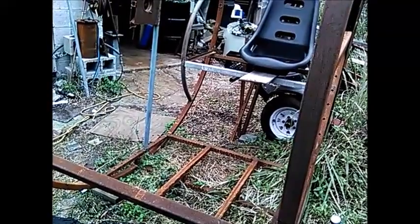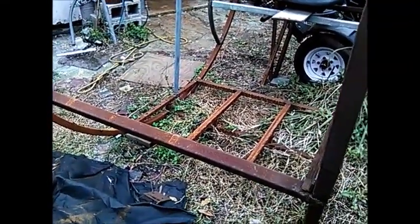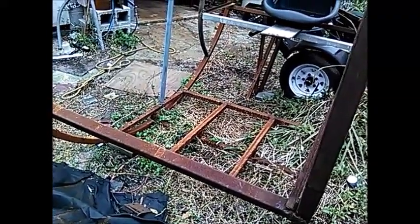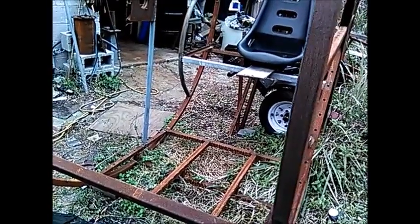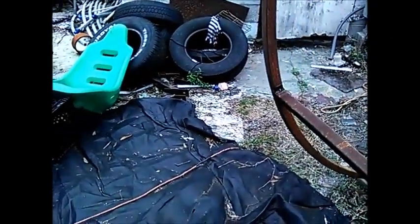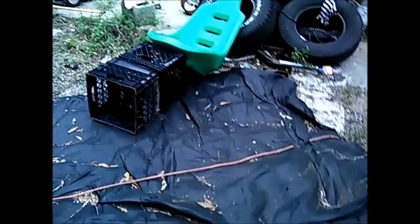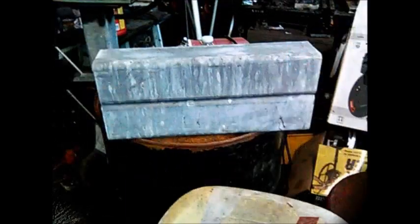Here's the piece for the axle, which fits in that other piece that I just showed you a second ago. And I got me a nice pipe bender from Harbor Freight Tools. It will bend the pipes. Those pipes that you're looking at, I did bend those with the pipe bender, and I'm very satisfied with this machine. It was a little expensive. However, if I had to send it out, it would have